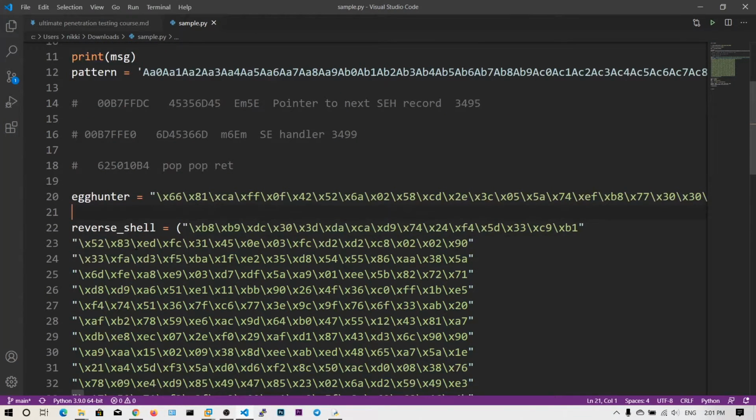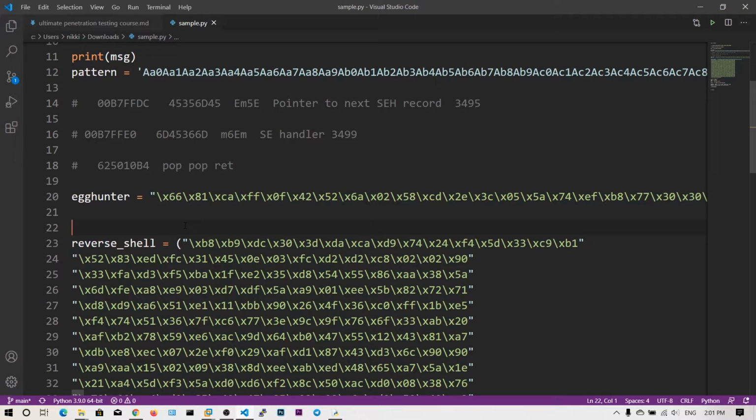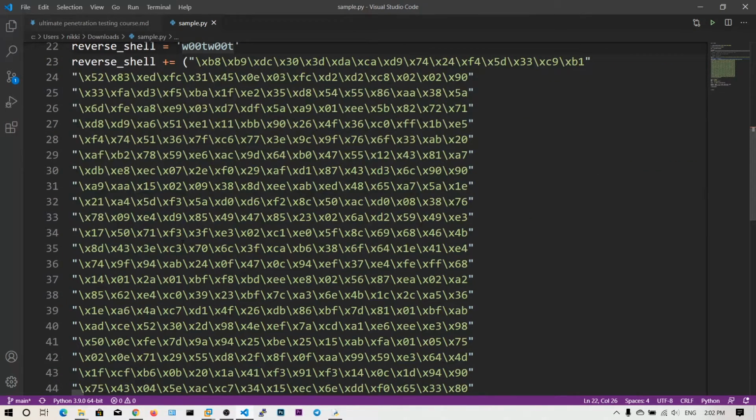Now what I want to do is append w00t in front of this reverse shell, so that the egg hunter will search for w00t, and from then onwards it will execute this shellcode, because it will just jump to the location beside this w00t. So my shellcode gets executed.